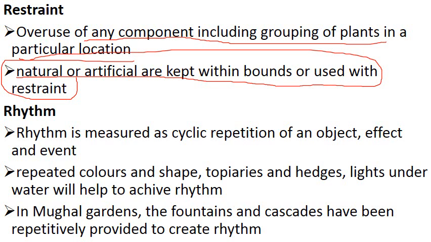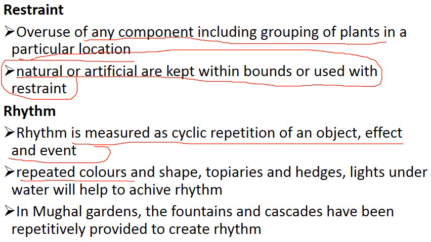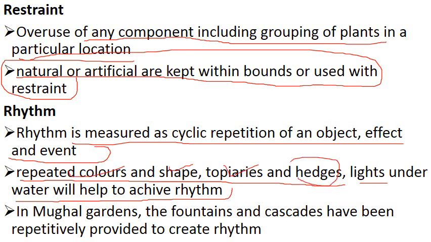Then comes rhythm, cyclic repetition. What does it mean? Rhythm is measured as a cyclic repetition of an object, effect and event. It means something frequently comes again. Repeated colors and shapes, topiaries and hedges, and lights under water will help to achieve rhythm. These are helpful to get rhythm, and rhythm is very beautiful if you want to make a very aesthetic view